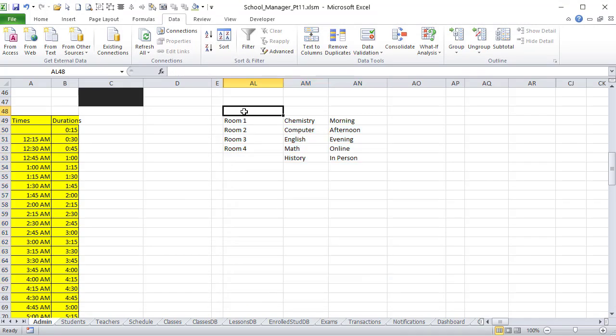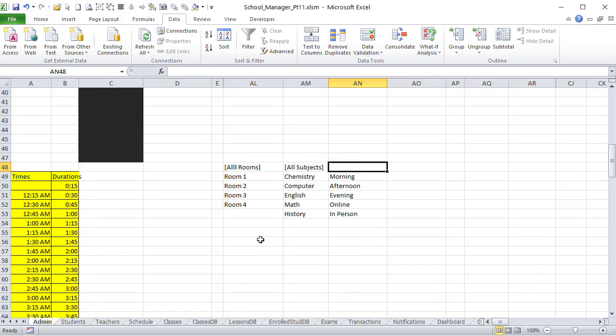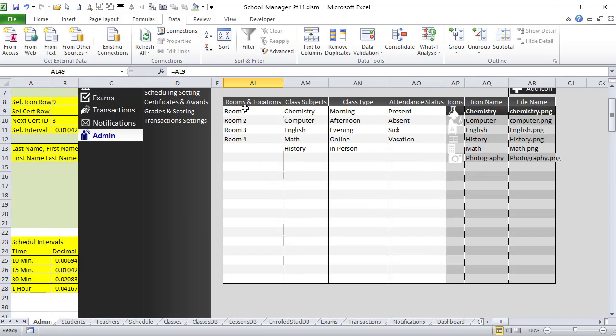So I don't want to show that, but what I do want to do is add all rooms to this, all rooms. The reason is they're linked, so any changes above will be, in this case, all subjects, and then of course all class types. We'll just do all types. That's fine. So now what we need to do is create a named range similar to these, but